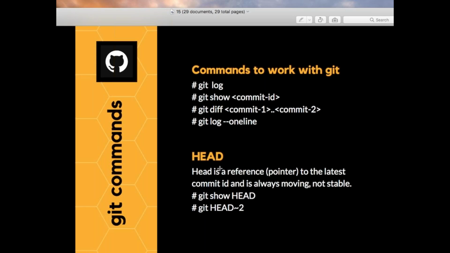Right? It is the latest commit ID and is always moving and is never stable. I'll discuss these 3 points.